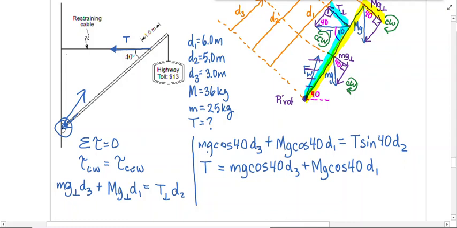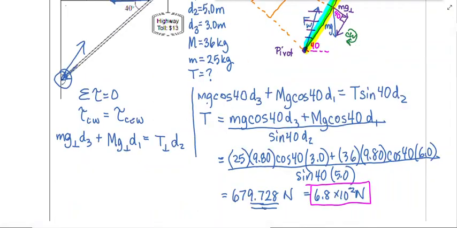Okay, and all divided by sine 40 d2. Okay, I'm going to do my substitution and I'll be right back. Okay, so I did a little bit more than the substitution. I finished it off. It's really important right now, folks, for you to pause the video, write it all down,